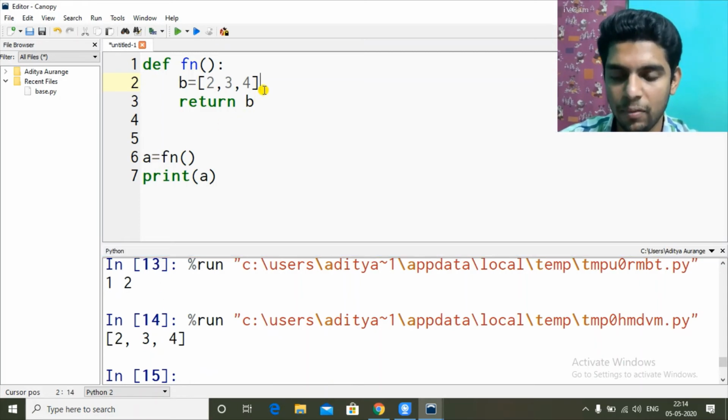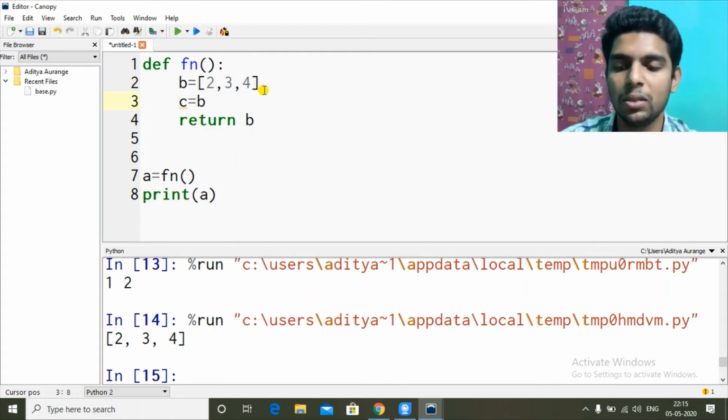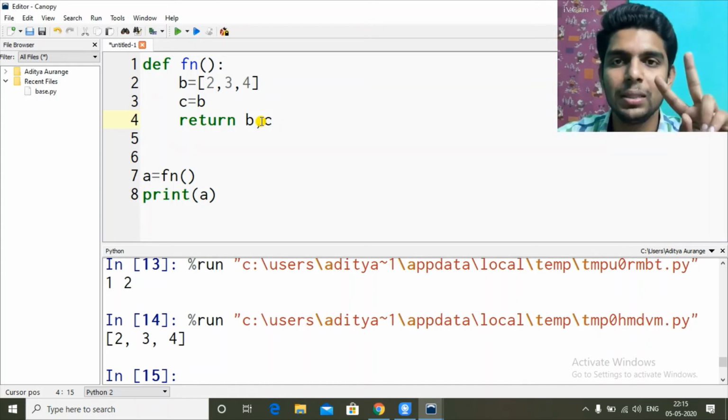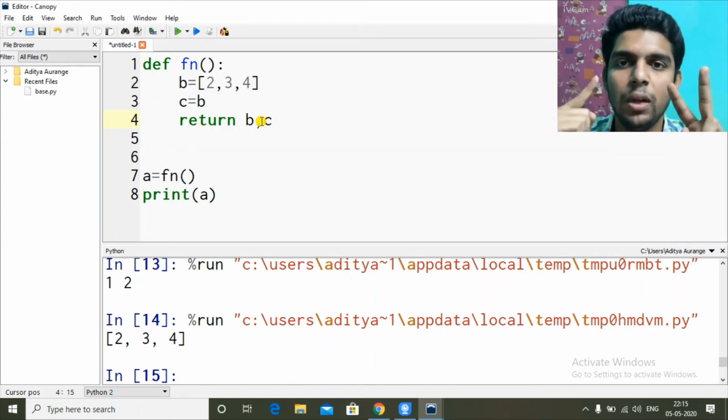Let's say I have c equal to b. So now c is also a list which is equal to b. If I return b comma c, now I'm returning two lists, but at the receiving end I have only one variable.